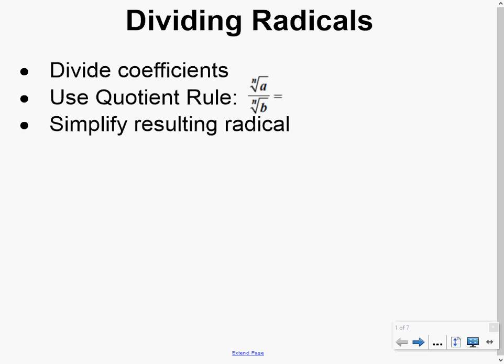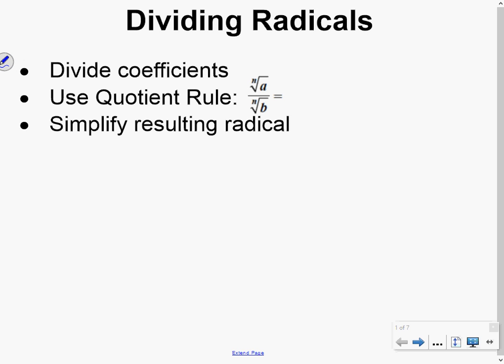Hey there, everybody. We are going to talk about dividing radicals in this video. And we have some different scenarios that we'll talk about a little bit more as we go through. In general, if we're dividing radicals, a radical in the numerator and denominator of a fraction, we're going to start by dividing the coefficients, and then we're going to use the quotient rule, very similar to the product rule,